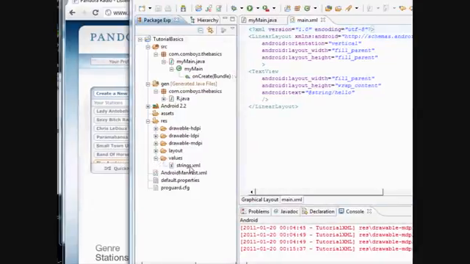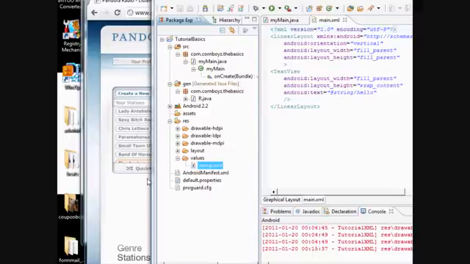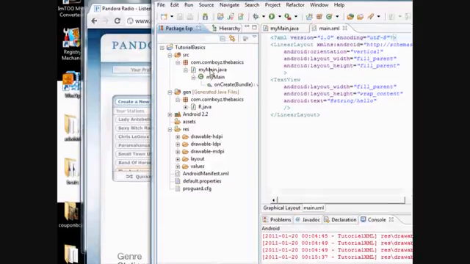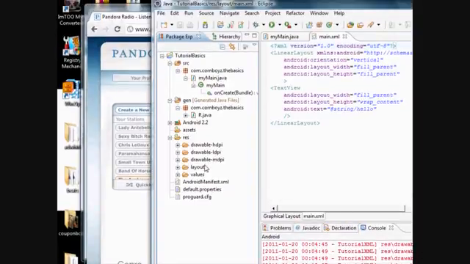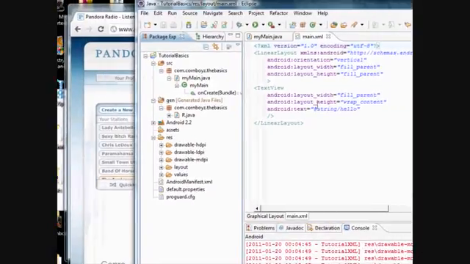But values, this is what holds your strings and other sort of information, such as dimensions and the like. And if you don't know what a string is either, that's fine. I'll get to that in a second. And then also you can have an XML file if you want, but you can add that yourself. And basically when we write in our Java classes, we can reference our stuff from here